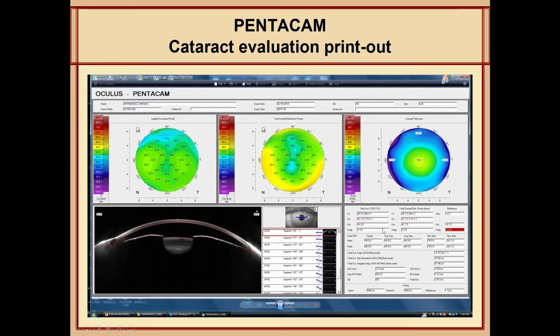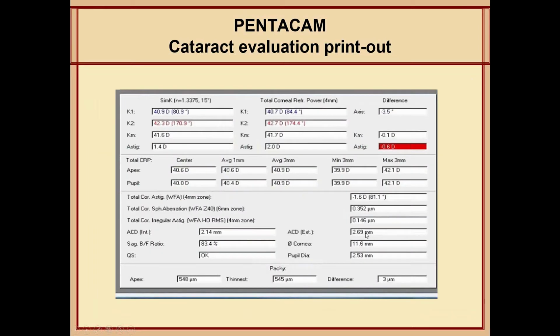But of most important to me is this square right on the lower right part of the printout. And let me put it in a larger way. And here you can see what I look at in this square. It gives you the SimK. The SimK is very close to the K readings that you take with the IOL Master or the LensStar or any other keratometer in here. That's from the front segment of the eye. It also gives you the total corneal refractive power, and we will talk about it later on, especially for the astigmatic changes that you look at. It also gives you the difference between them if you want to know.